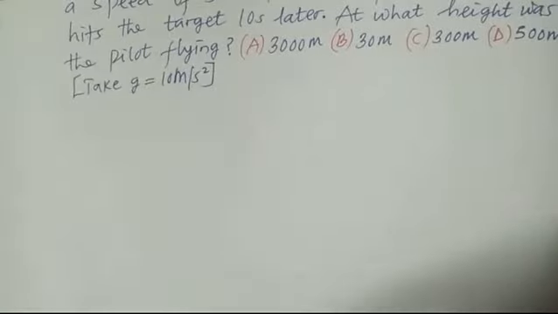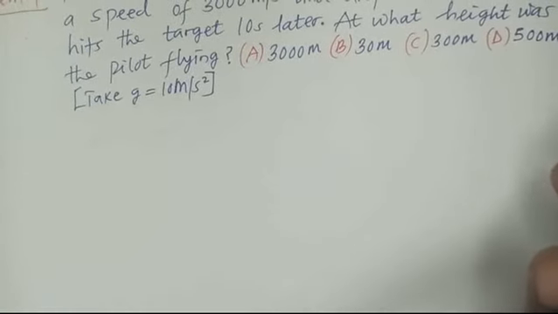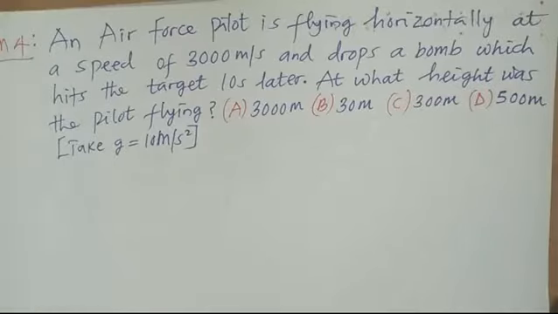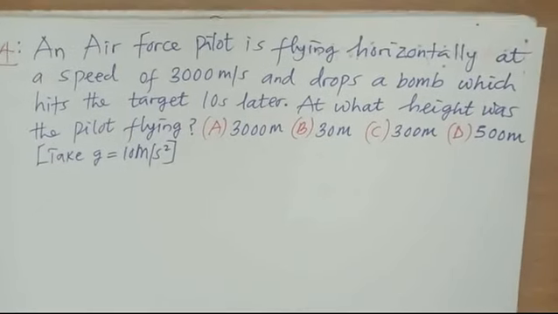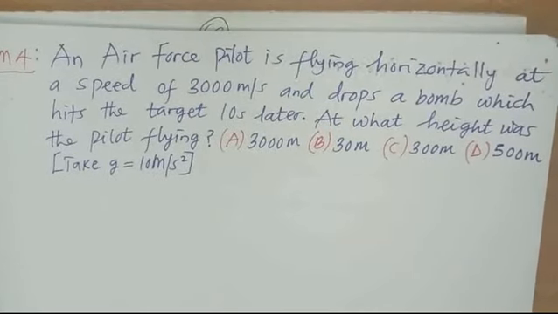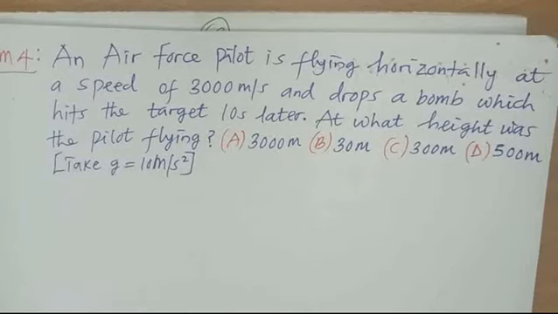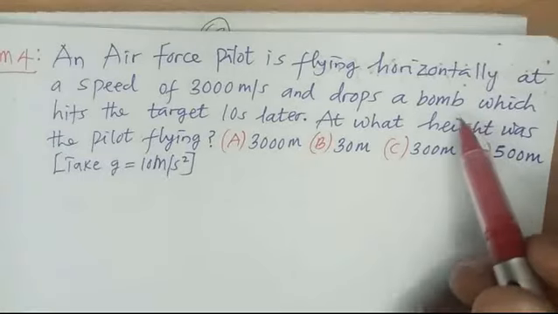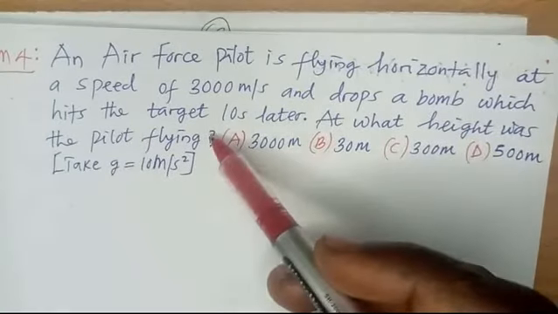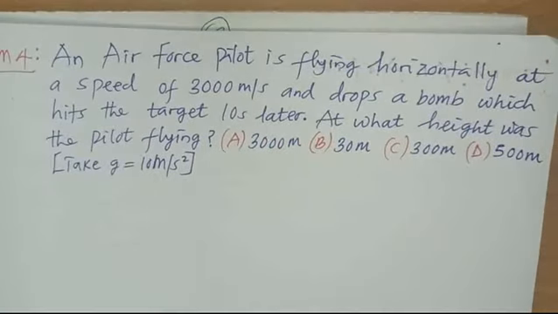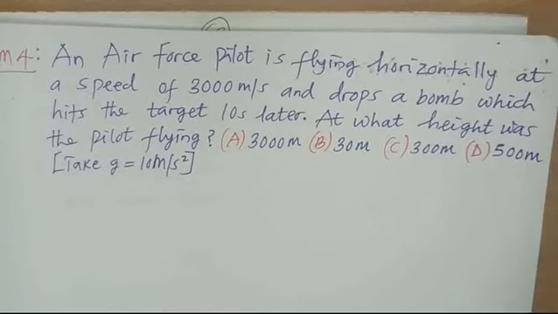Now we move on to the next one, which is problem 4. If you look at problem 4, I love this problem. Problem 4 said an Air Force pilot is flying horizontally at a speed of 300 meters per second, and drops a bomb which hit the target 10 seconds later. You see, when he drops the bomb, it was in air. 10 seconds later, it hit